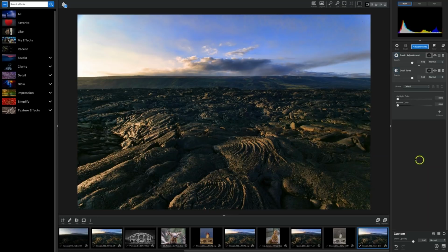In this case, where it's lava, but it's the way to bring out the highlights and shadows separately with separate colors. So I'll show you what I mean right here. As soon as I move this highlight color slider, it brings up a hue adjustment. So I set the color that I want. It defaults to yellow in the highlight and it defaults to blue in the shadow. So I do want yellow in the highlight, so I'll probably leave it there. I might go a little more towards the orange, but